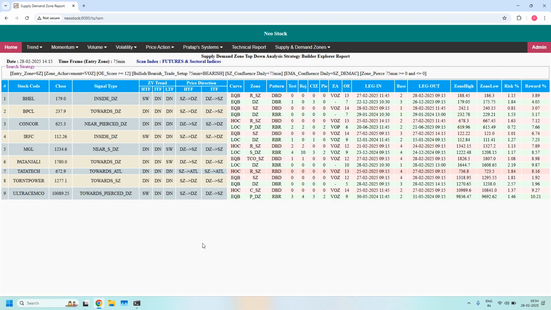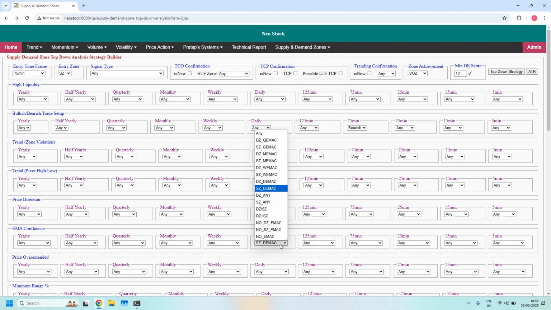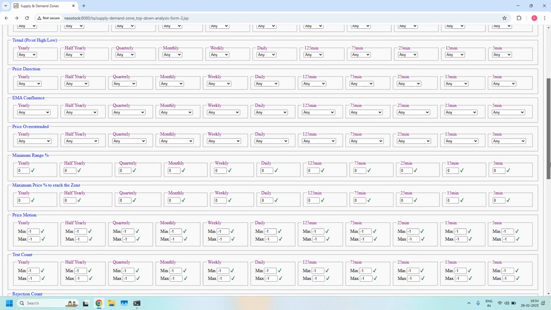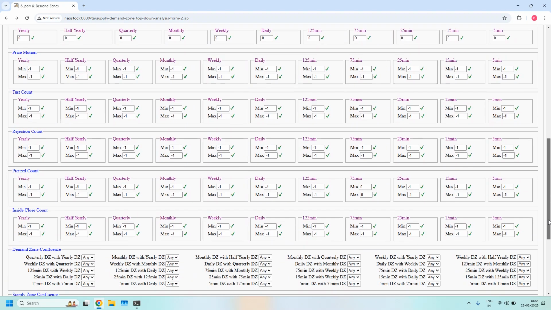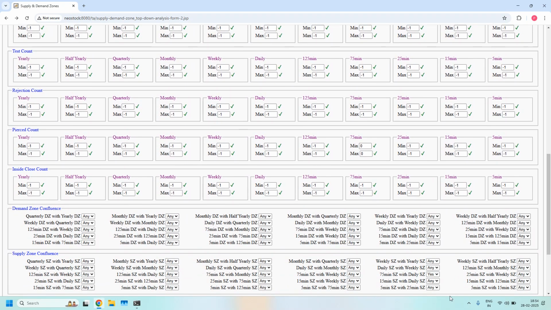Okay, next let us look into LTF, ITF and HTF supply zone confluence. I am removing EMA filter. In the supply zone confluence, we should set 3 filters. First filter is already enabled, 75 with daily zone confluence. Next filter, 75 minute supply zone with weekly supply zone confluence. And third filter, daily supply zone with weekly supply zone confluence. With all the 3 filters enabled,